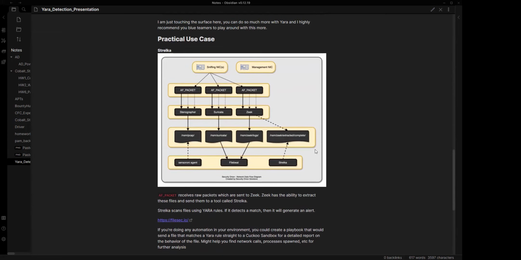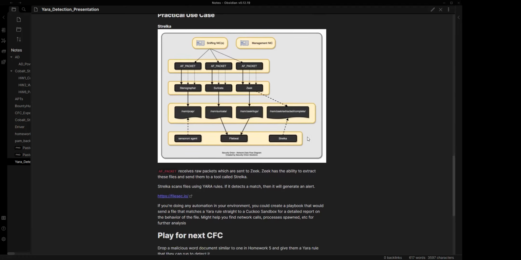What I've been trying to develop is a playbook that takes these YARA rules, and if one alerts, sends the file to a Cuckoo sandbox, a malware analysis system that can show you things like the IP addresses it tries to call out to,